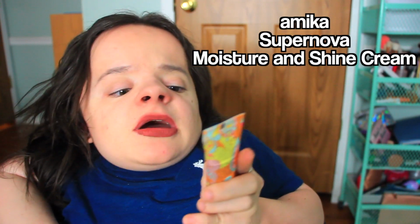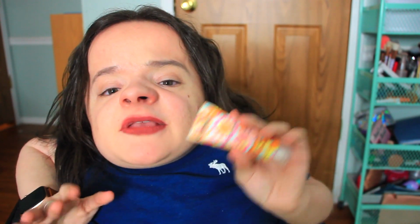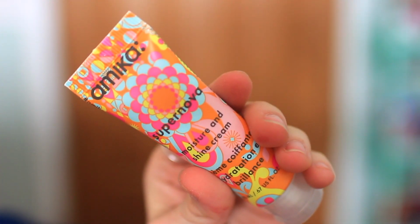The next product in my box is by Amika, and this is the Super Nova Moisture and Shine Cream. My hair is looking a little bit dead because I need to get it done. I'm trying to save right now and don't feel like spending my money on getting my hair done, so perhaps this will give some life to my hair. At least I can hope. And I've also heard of Amika as well because of Ipsy, so I feel bad like I'm talking about both of them in the same video,